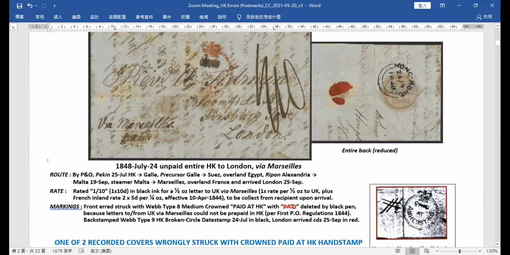One interesting point is that this letter arrived from Natal, on the 19th. Then by steamer Natal to Marseilles, overland France, and arrived in London on the 25th. Almost 7 days, 6 days